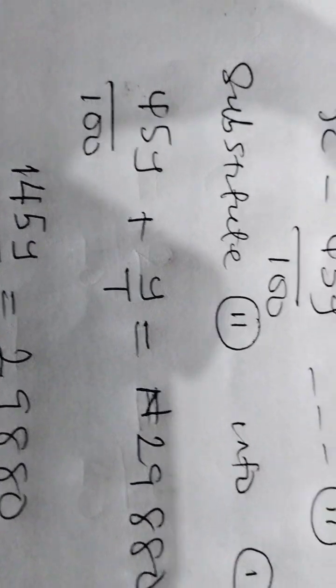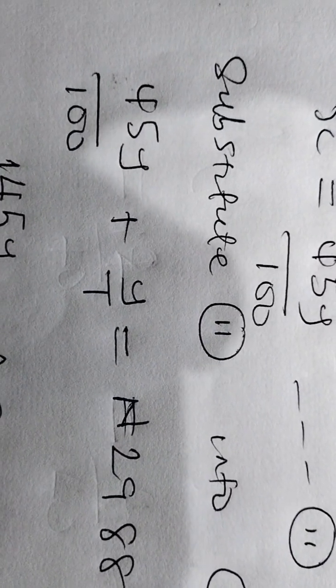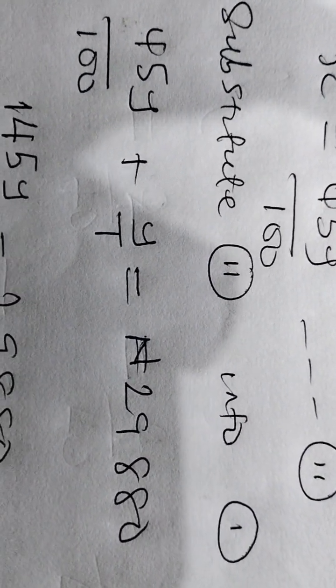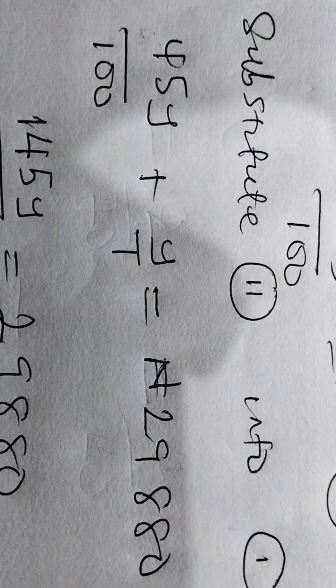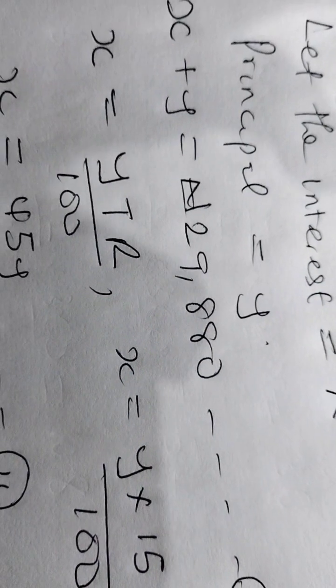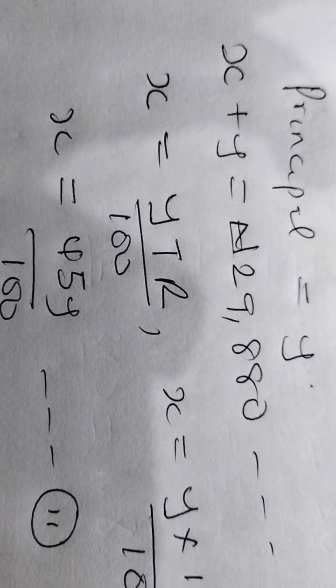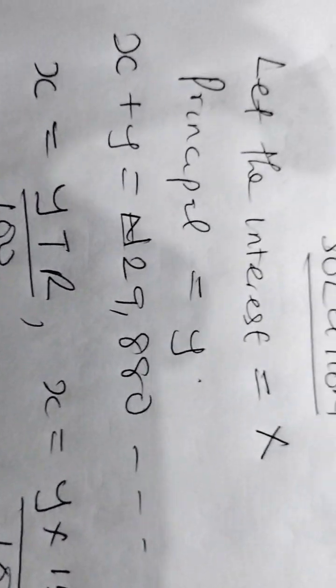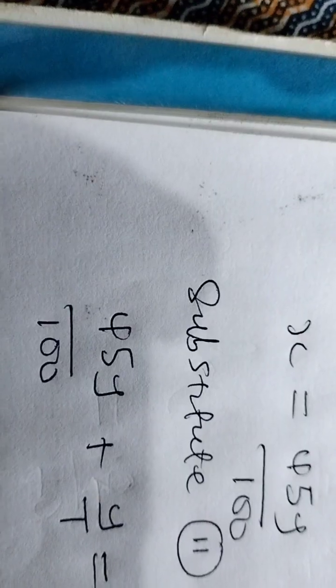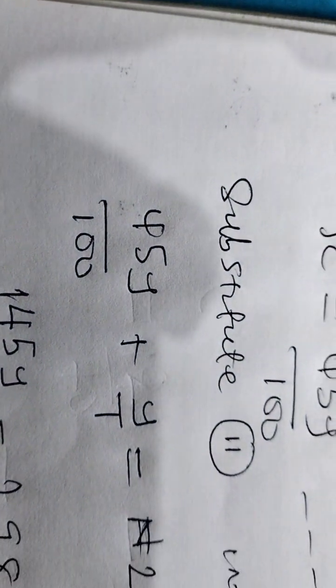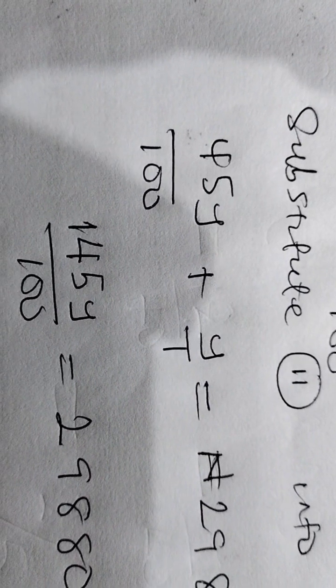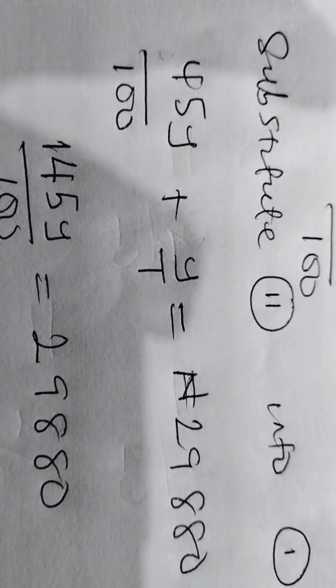So we now have 45Y over 100 plus Y. Okay, let's go through it again. Here we have 45y over 100 plus y over 1 equal to